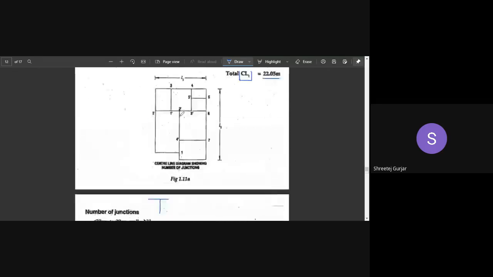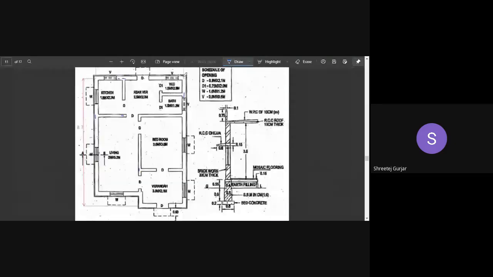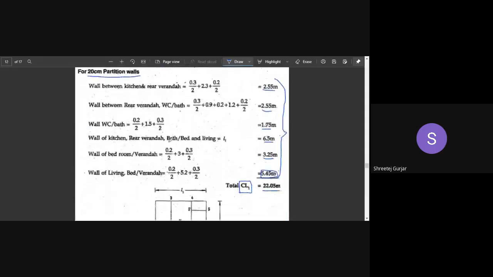We have to look for T type junctions. You can see in your plan that there is no T type of junction forming between 30 and 30 centimeter wall. We have only edges, right? This is your corner, this is a corner, this is not a junction, this is also a corner. You can tell me that this is a T junction, but this is not the 30 centimeter wall. This is a 20 centimeter wall getting into 30 centimeter wall. So we are concerned only about 30 centimeter wall getting into 30 centimeter wall. So there are no such type of junctions, so we have written it as nil.